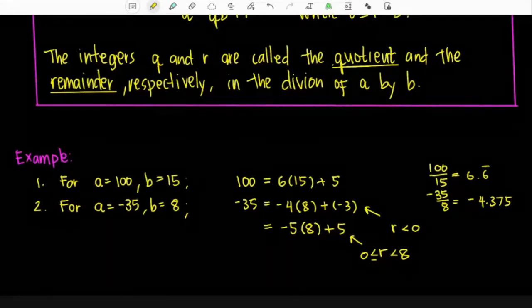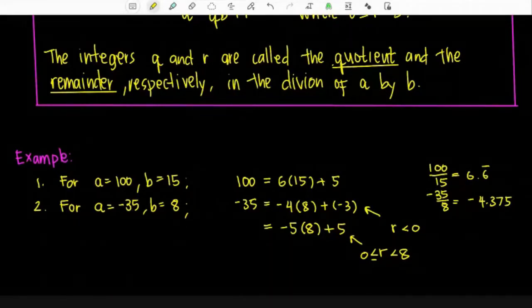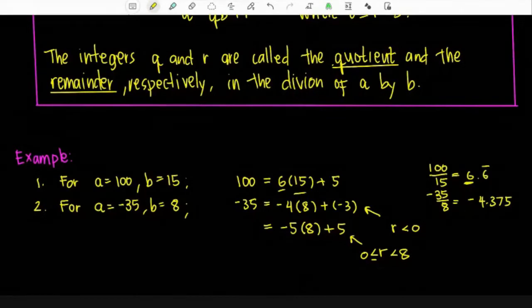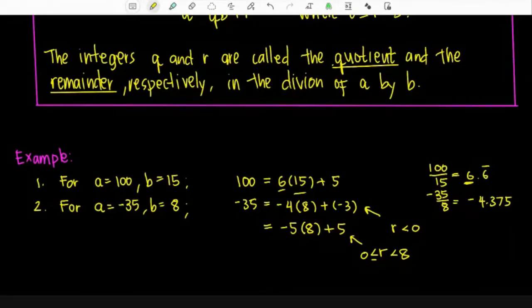So, in terms of our division algorithm, that would mean that we can rewrite 100 as 6 times the divisor 15. But 6 times 15 is 90. Sorry, that's 90. So, para maging equal sa 100, kailangan pa natin mag-add ng 10. Right? So, that means, in the pair a equals 100 and b equals 15,